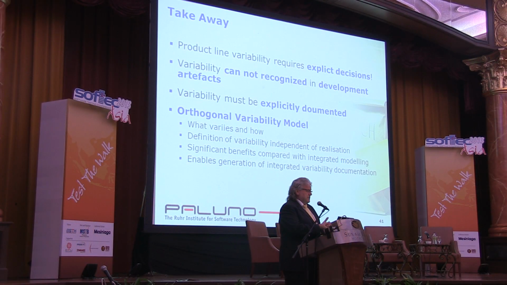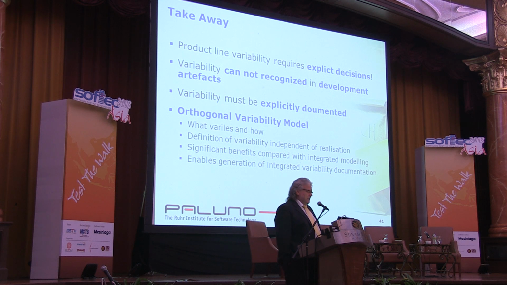To summarize, I personally think that product line variability and the explicit documentation of variability is something which will emerge very, very quickly. You have it in many domains: in the car industry, in the mobile industry, in the medical domain, in a lot of domains. Without a common core, a common managed set of features which don't change between the products, the complexity of the software products just gets too big and thereby too expensive to pay for individual developments. So it's something which will spread and which has significant consequences for testing.